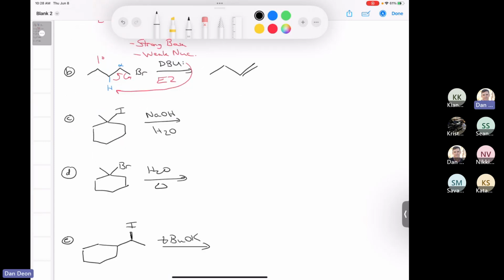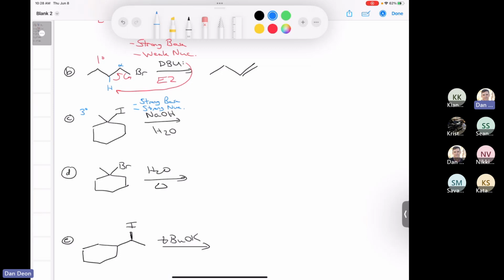The next one, we have hydroxide, and we have a tertiary alkyl halide. Hydroxide is a strong base, and it's a strong nucleophile. And so if we have a tertiary alkyl halide with a strong base, strong nucleophile, the only thing that we're going to get here is going to be, if it's tertiary with a strong base, and we also have water in here, which is,